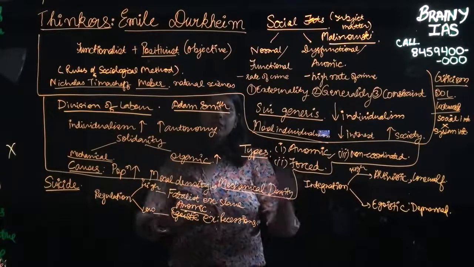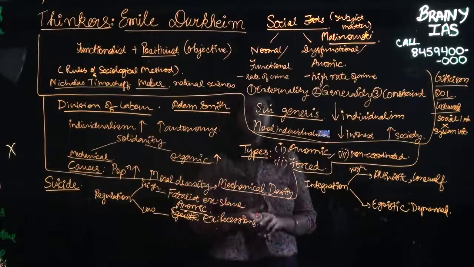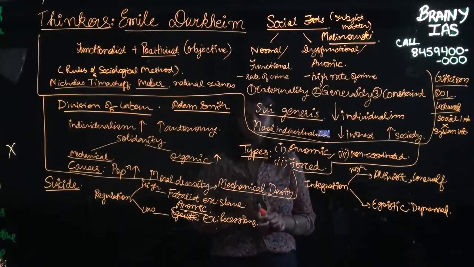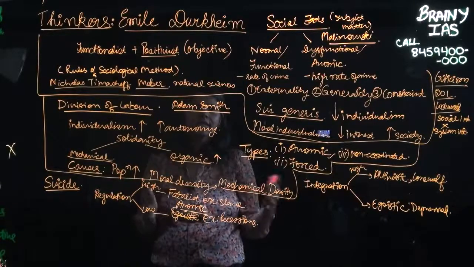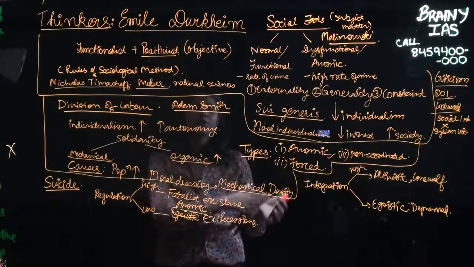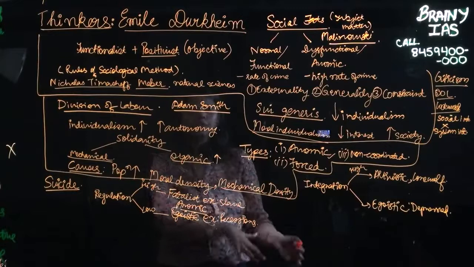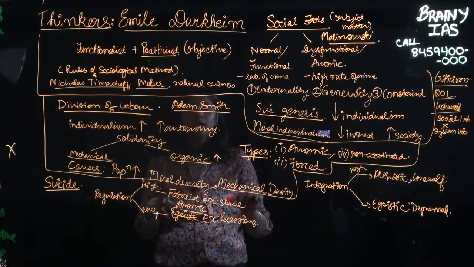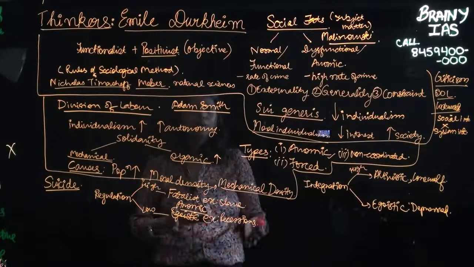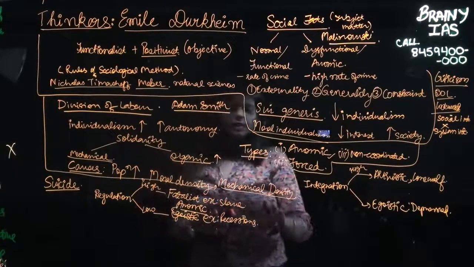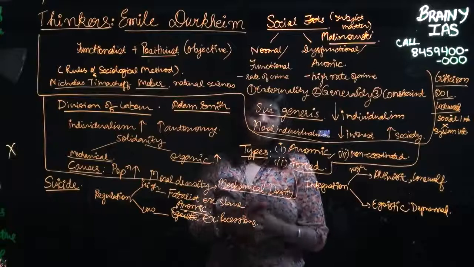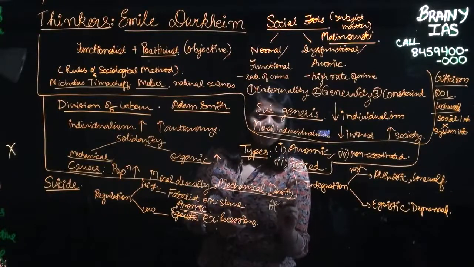So these were the 4 types of suicide that Durkheim talked about. Now as you can see, in all of these he has basically pointed to the social conditions responsible for an individual suicide. So how far is he right in that? There are thinkers who criticize him, thinkers like Atkins,